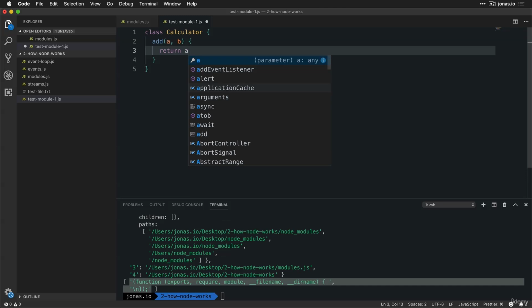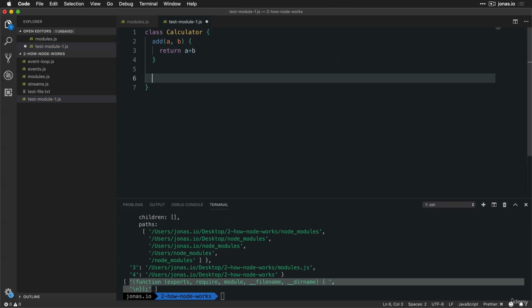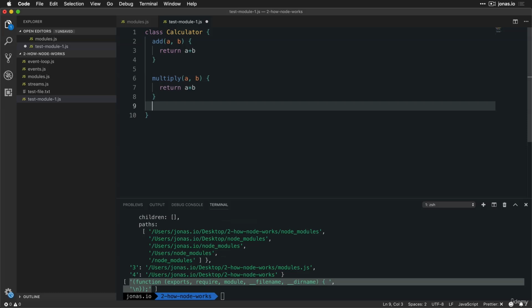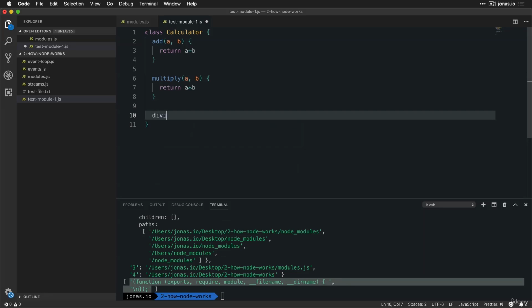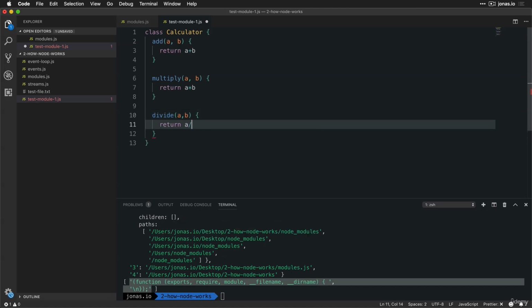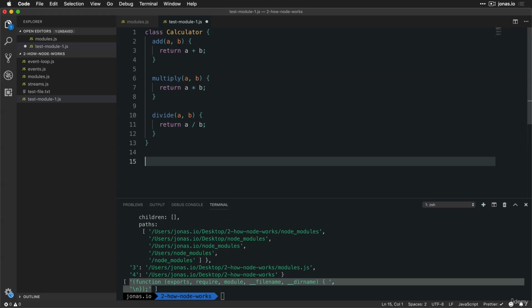We'll of course return A plus B. So very simple stuff. Multiply AB will return A times B. And then let's just do divide as well, just for the sake of completeness here. Divide A by B, like this. Give it a save. It nicely formats it. And now we can do